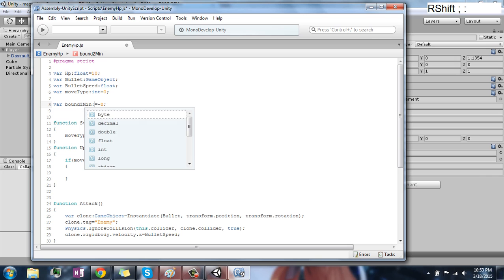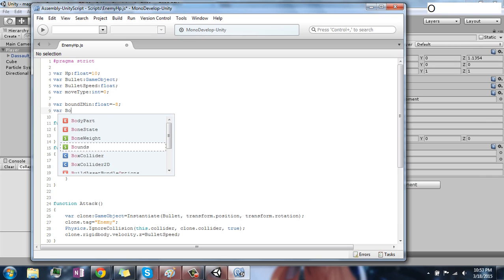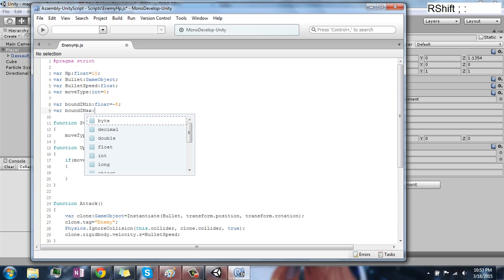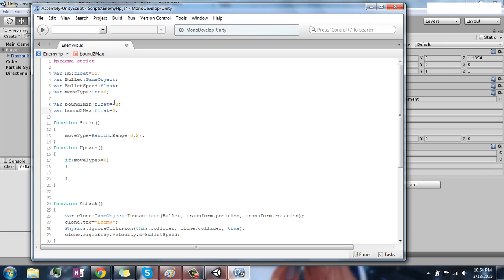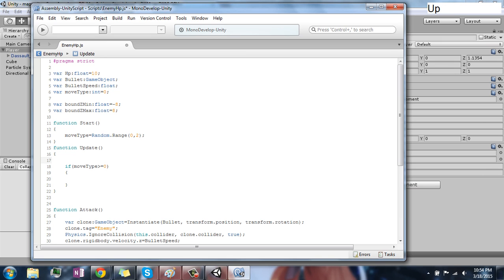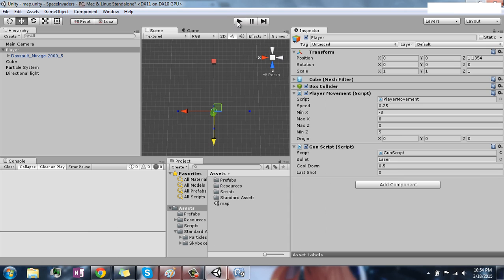And make sure you declare the type on that. Bounds z max will be float equals 8, not 98. Okay. So the first thing is, oh, we also need a y bounds too. Okay, so based on this,